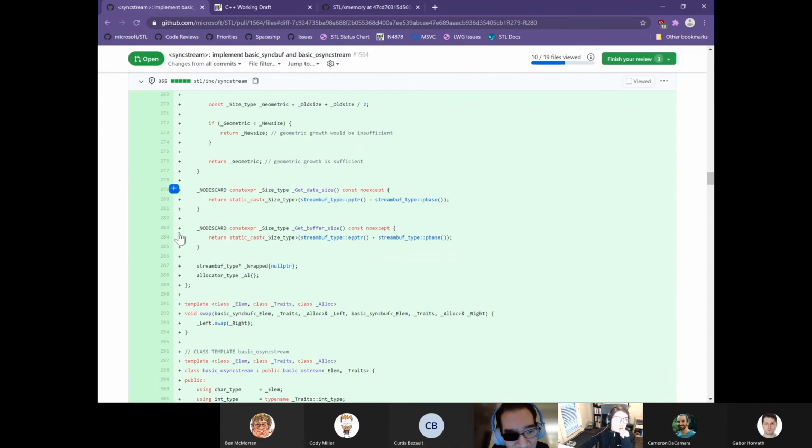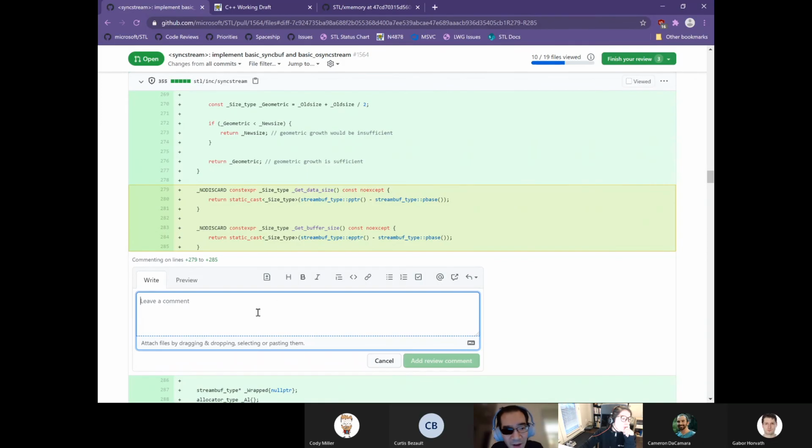Okay, I can actually have a comment that extends across these. I believe that these functions will never be eligible for constant evaluation. So they shouldn't be marked as constexpr. Whereas it's fine for calculate growth, even though we don't need